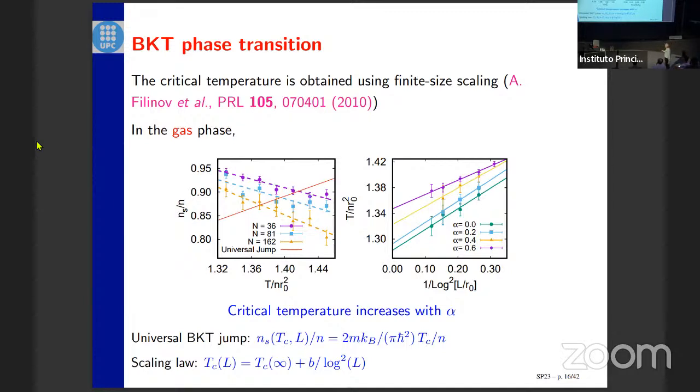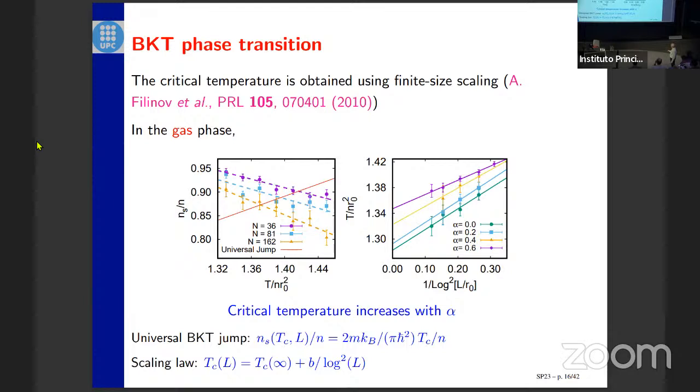When you calculate the superfluid fraction, you fix the number of particles, and then you see how the superfluid density evolves when you move the temperature, okay? So you calculate at every temperature the superfluid density for a given number of particles. And then you repeat for another number, up to what you can do, which is not much. Then you plot what is called the universal jump. The universal jump, if the BKT works, is this relation that says that the superfluid fraction